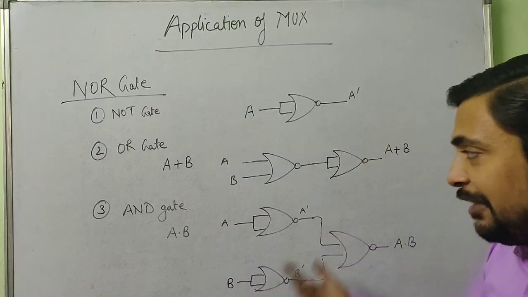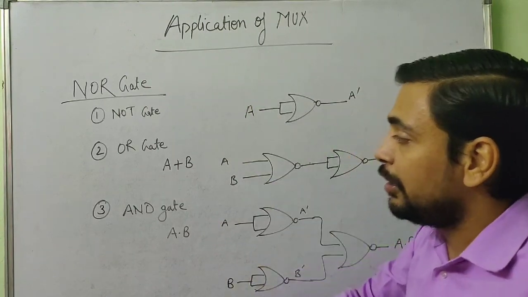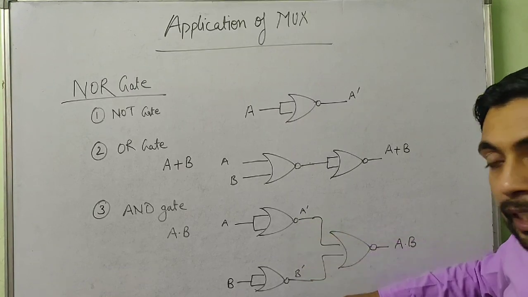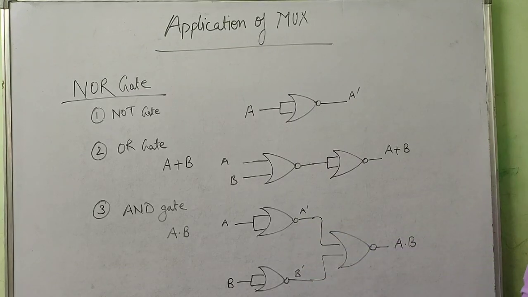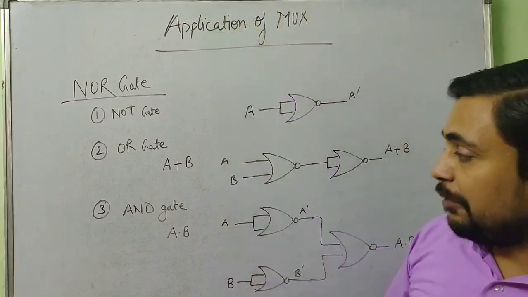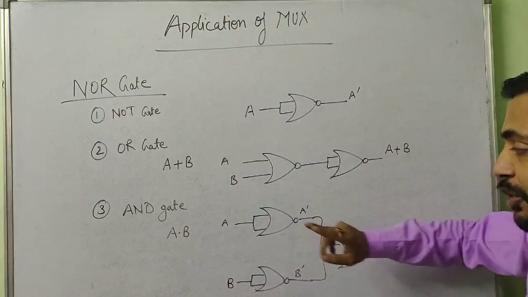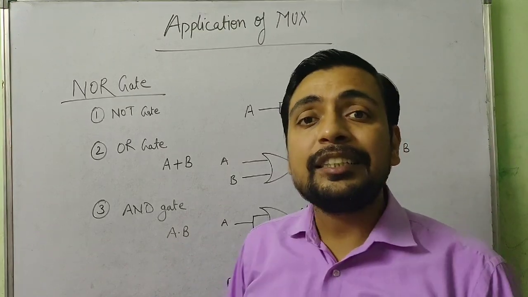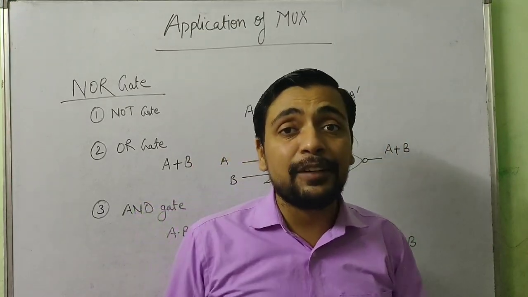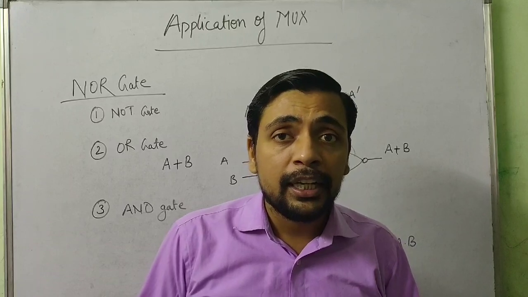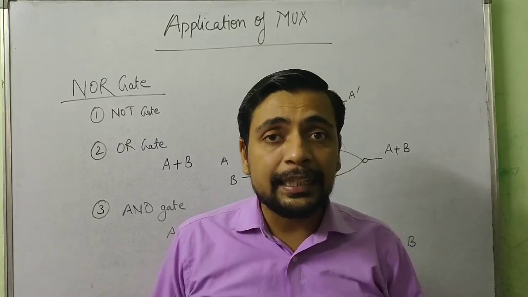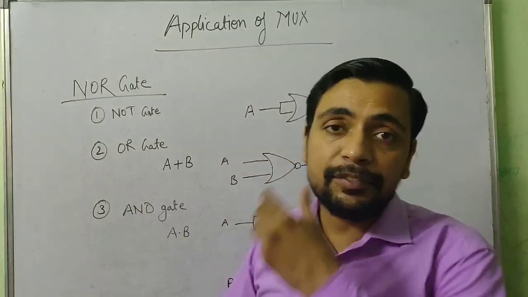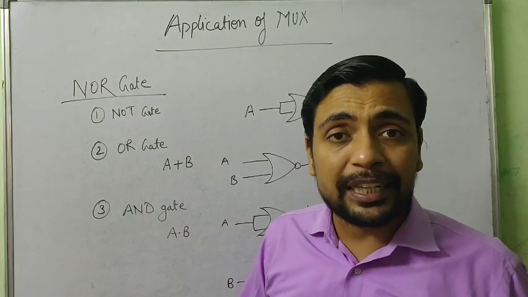Now the reverse one. If you are working with NOR, to make an AND, you have to individually complement the inputs and then perform the NOR. And in case of NAND, to form an OR gate, you have to individually complement them and then perform the NAND. Just go through the video, revise it and see whatever I told you, because only then are you going to understand and perform the task. So please revise the video and try to understand the hint that I told you.